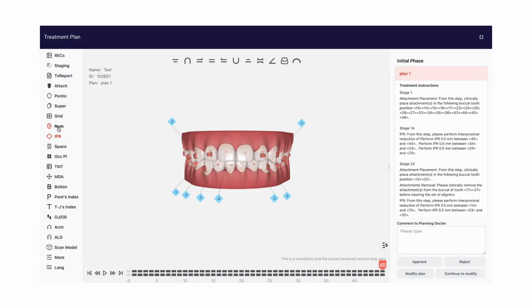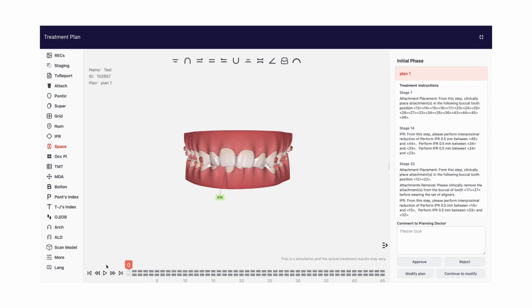You can display the teeth numbering, IPR positioning, the occlusal heat map,